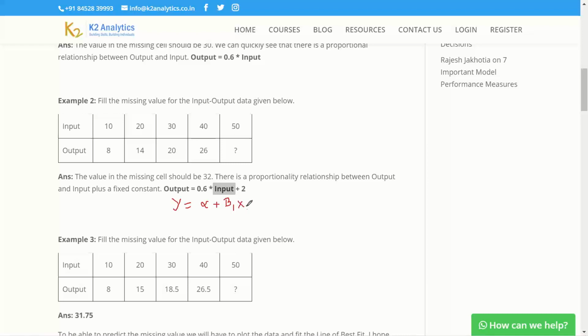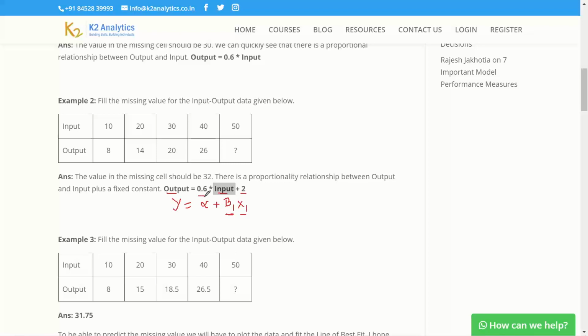Now here, what is y? Output is my y. What is alpha? The constant, which we call the intercept in linear regression. What is x1? The input. And what is beta 1? The slope, and that value is 0.6.